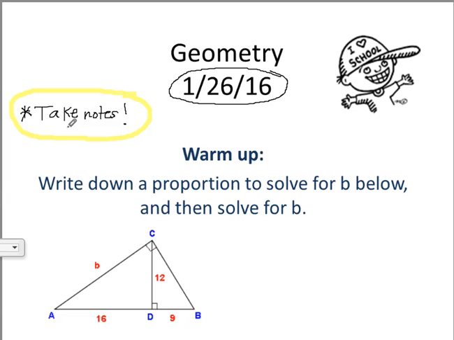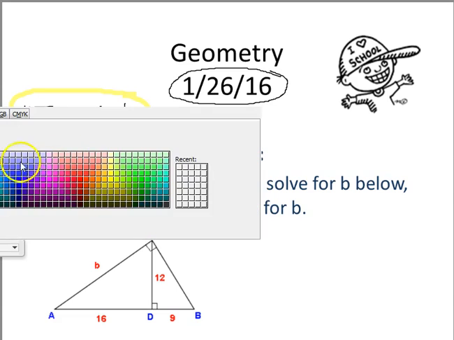You also are going to be taking the Unit 5 test this week. So having your notes, you can use your notes. You can look at some similar problems that you might see on the test this week. So because we're going to take the Unit 5 test this week, we are going to start with a warm-up problem where we are solving for some unknowns